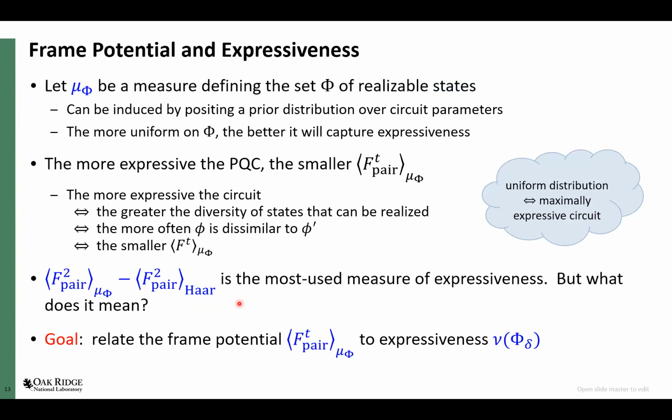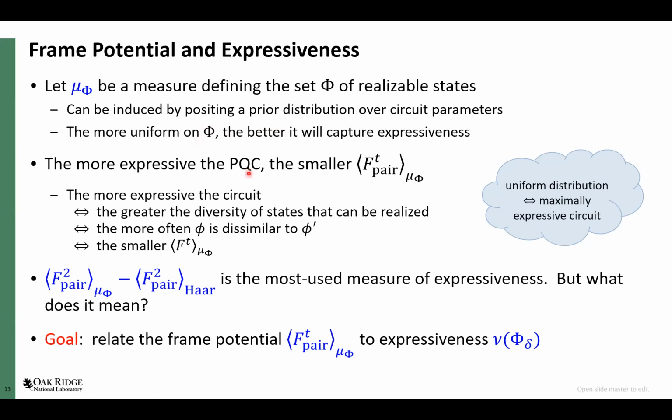So how can we relate this to quantum circuits? We'll choose some prior distribution on our circuit parameters, and that's going to induce a measure on the set of realizable states, the states that the circuit can make. Ideally, we want this distribution to be uniform on the set of realizable states and 0 everywhere else. It may not actually be uniform. For example, because the mapping from angles to states in Hilbert space is nonlinear, it might be bunched up. But the more uniform we can make it in Hilbert space, the better it will be.